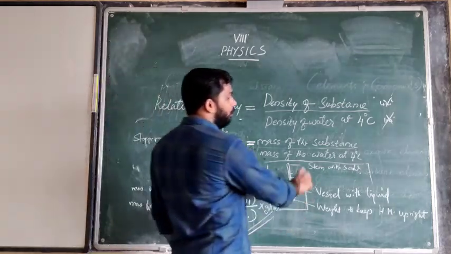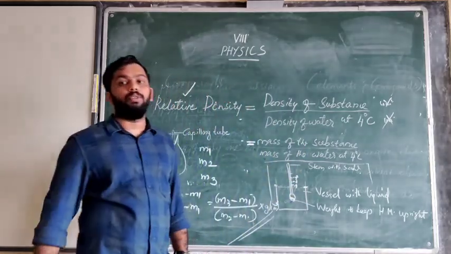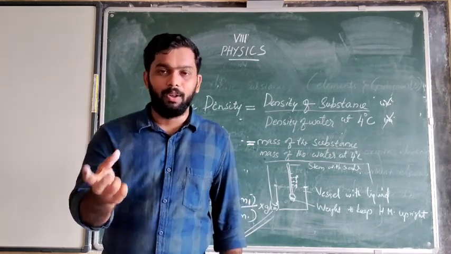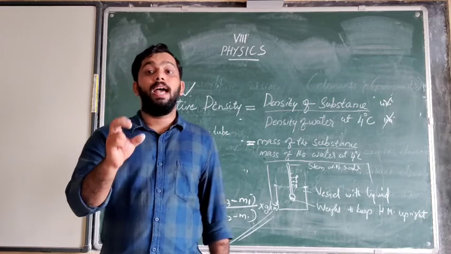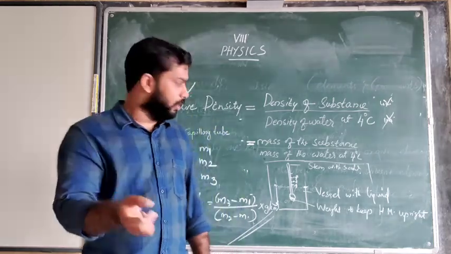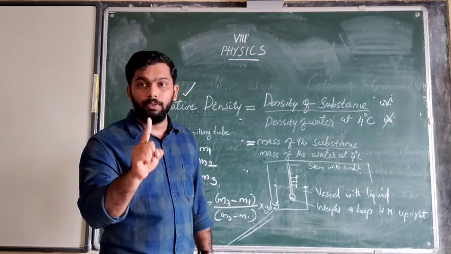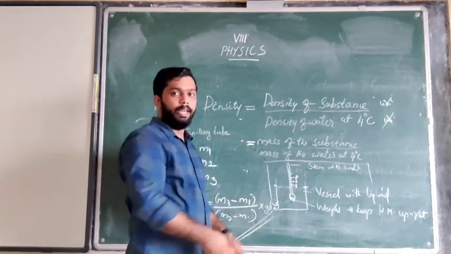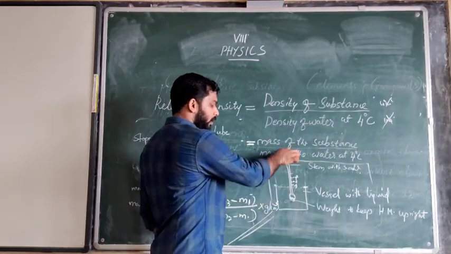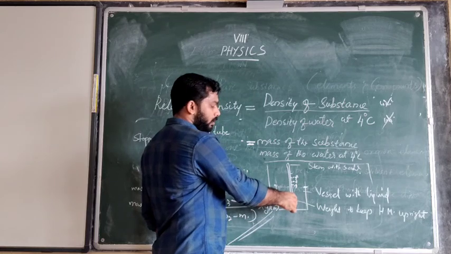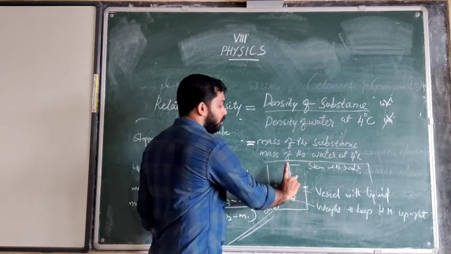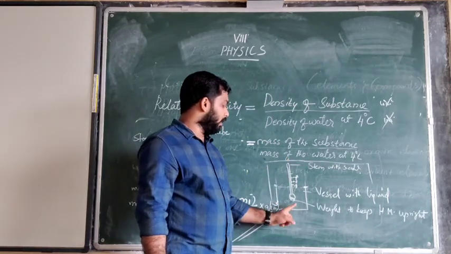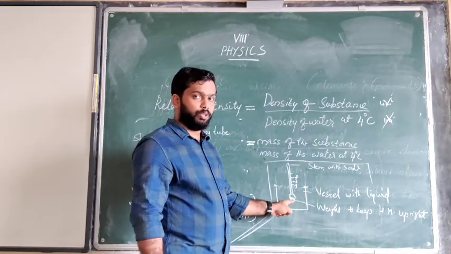Normally we use this instrument to find out the relative density of milk, whether the milk is pure or some amount of water has been added. At that time this barometer is called a lactometer. How are we going to calculate? Suppose you want to find out the relative density of milk. You will take a jar and pour some milk there. Then you place the barometer. The barometer is a glass tube filled with a weight, and mercury or lead is filled in order to make it stand straight.